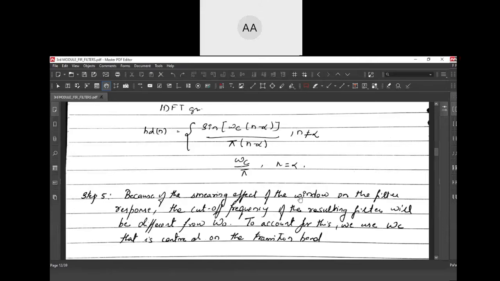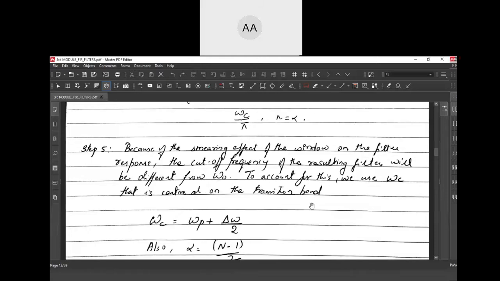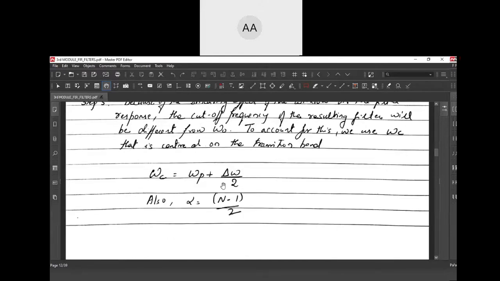No problem. Next thing is, for avoiding this smearing effect and to find out exactly your cutoff frequency omega c, your omega c will be somewhere after the pass band, around delta omega by 2. This we are taking empirically. I will tell you what it means in real life. You know your omega p or your passband ripple is here.